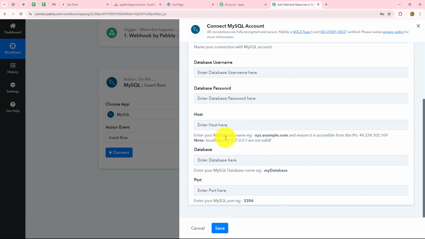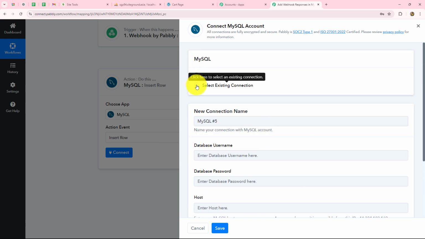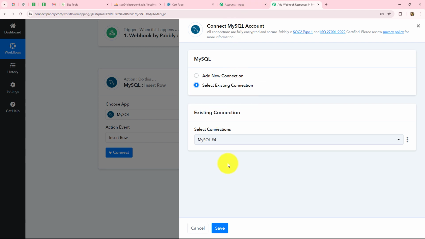So how are you going to get all these details? When you create your MySQL account, you will receive all these details, such as the username and the password, that means the login credentials of your MySQL account. Then you have to enter the host, database, and the port. Once you enter all these details, your connection will be successful. As I have already built a connection earlier with my MySQL account, I already have all these details. I have added them. Now I'm going to click on save,